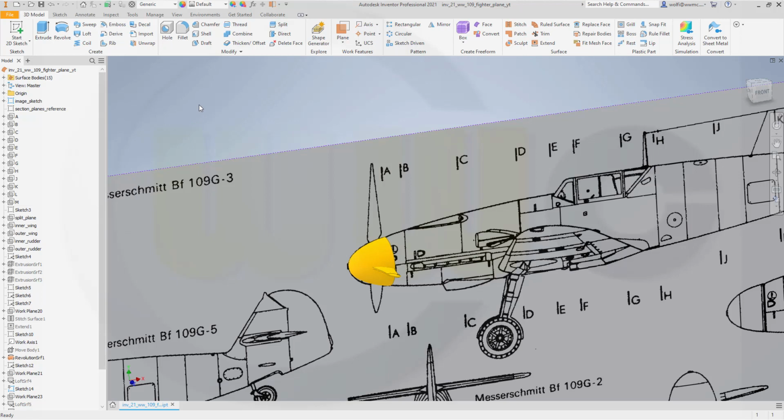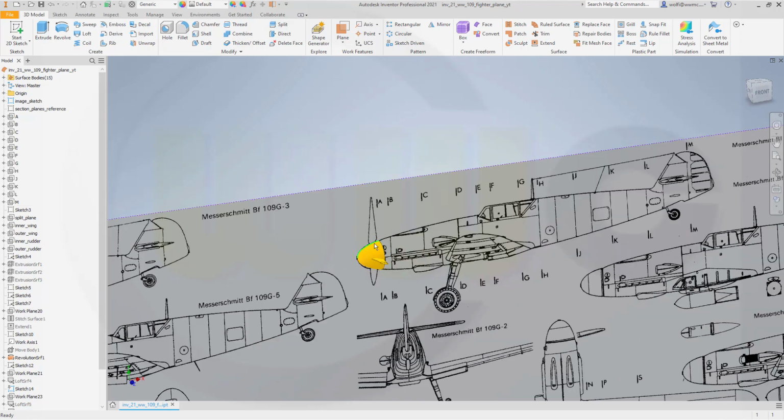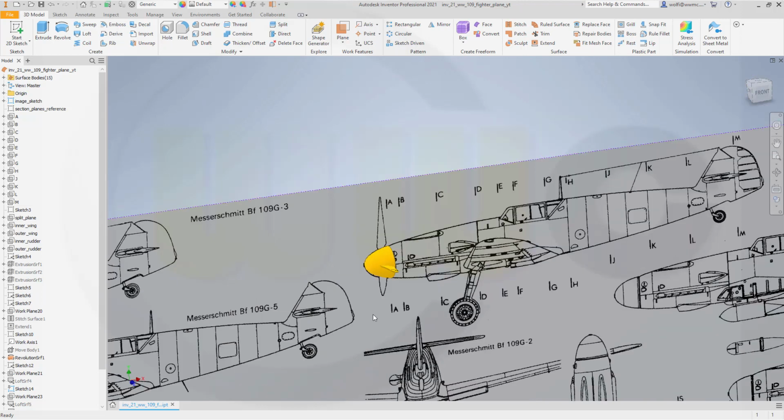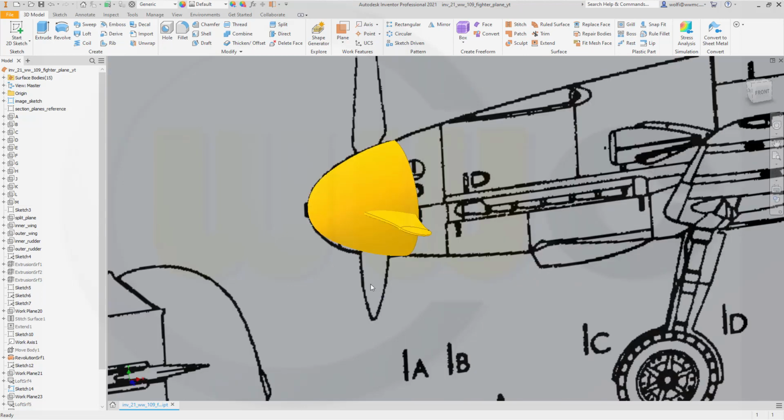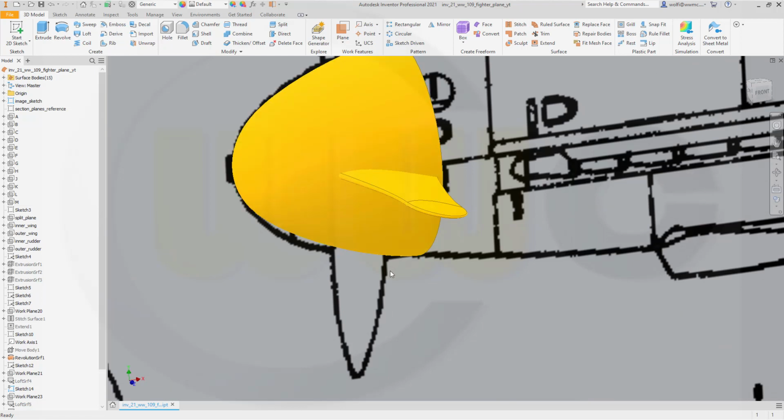I don't know if it's a bug or if it was always like this, I don't recall. So I want to copy that one here and move the copies. That would be ideal. But first I need to rotate this around an axis, which I don't have